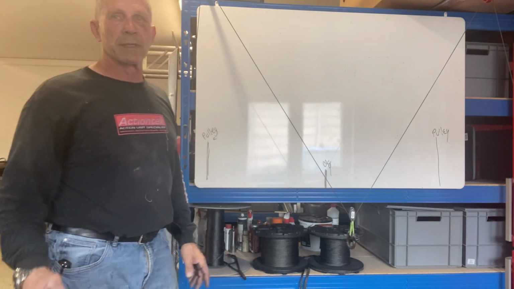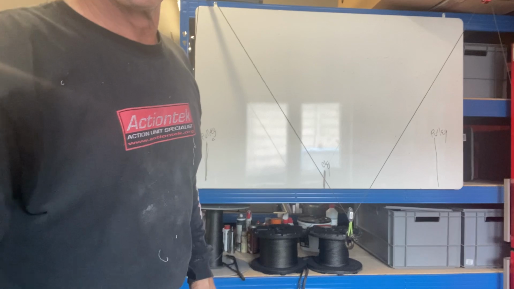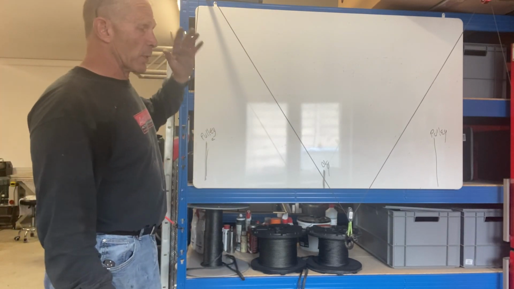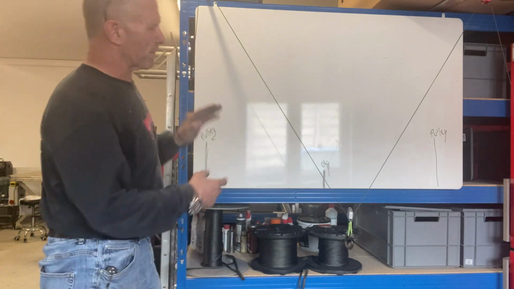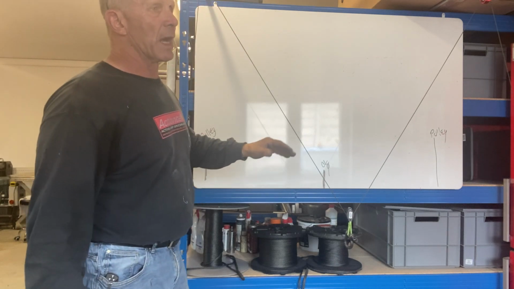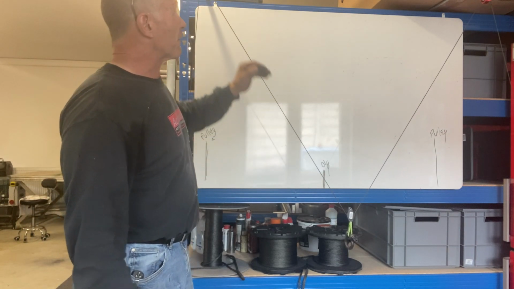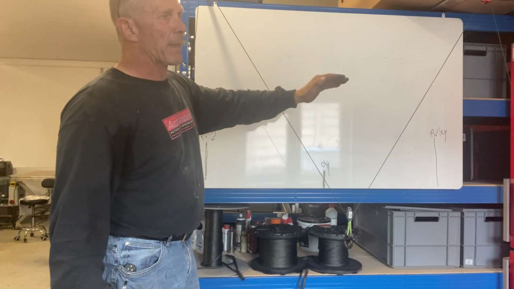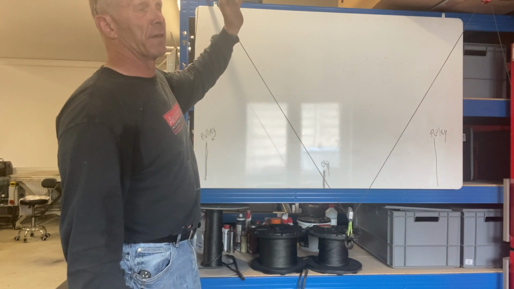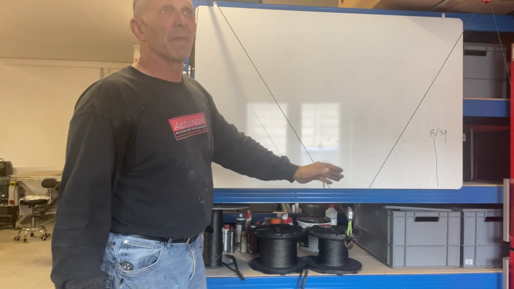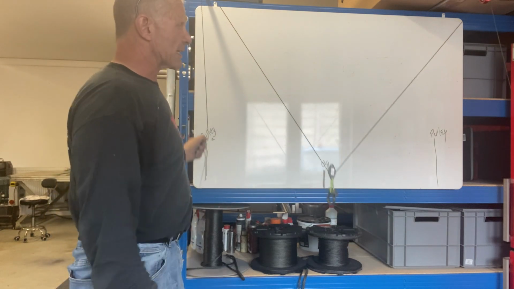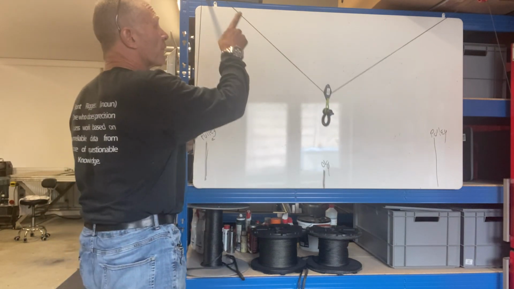Now, this is gonna be a short one today because I'm losing a lot of my patience. So I'm just gonna go through this quickly. The higher your pick points, the better off you are. For every bit of distance here, you need more distance here. Here's an example. In 100 meters, you need to be 50 meters high to get about 40% from the ground of height. So that means 40% of 50 meters. So you can get about 15 to 20 meters, 35 or 40% of height before you start going so flat